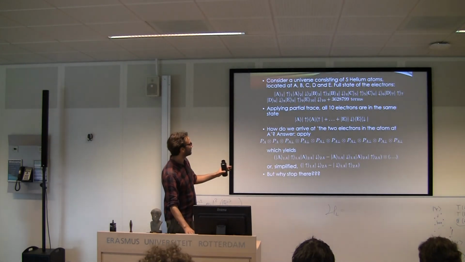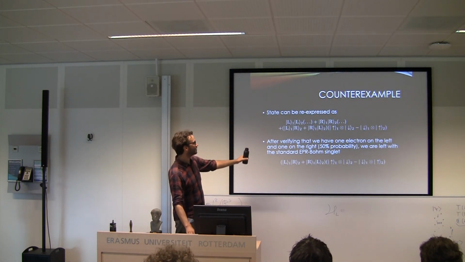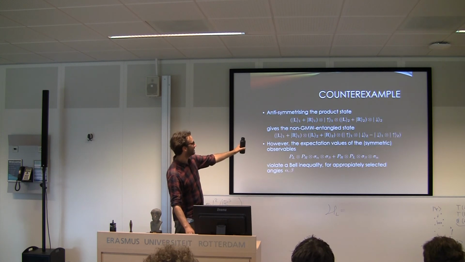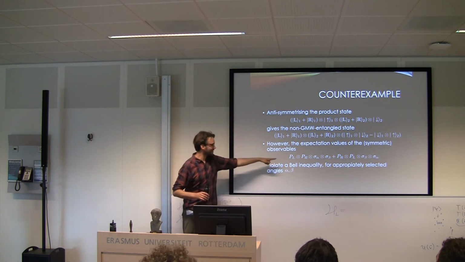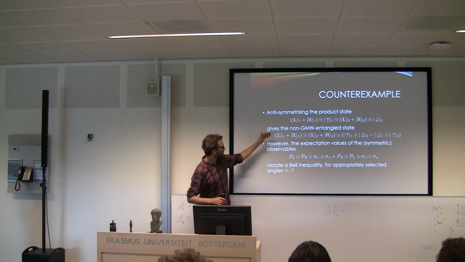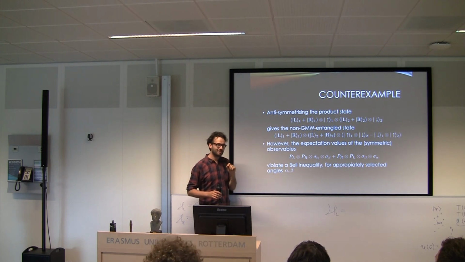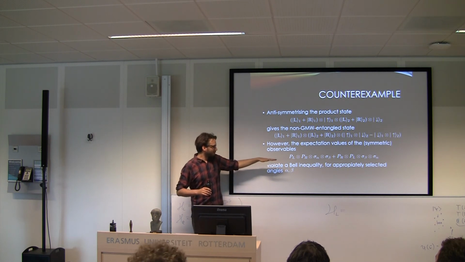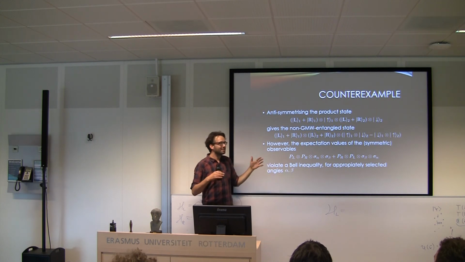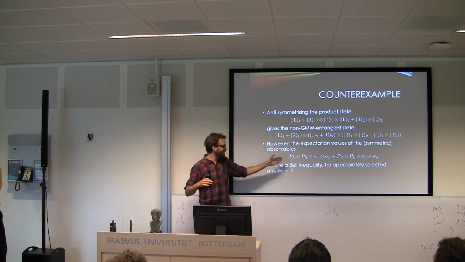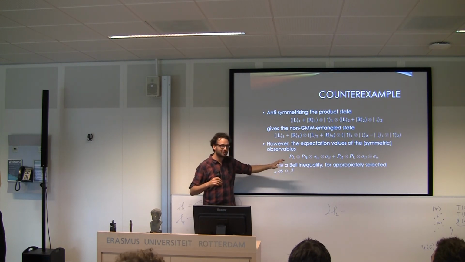Well, that was just post-selection. No, that was just to make it insightful how you could violate the Bell inequality with this state. But actually, you don't really need to talk about post-selection or anything. If you just apply this symmetric observable to this state, you will see that the statistics violate the Bell inequality. And first measuring the position and then the spin, and then post-selecting, is just one explicit implementation of Fermi's measurement. But you could make measurement devices which just do this all at once.